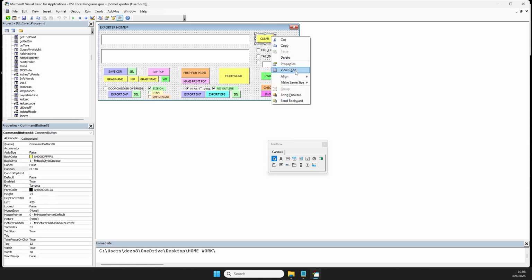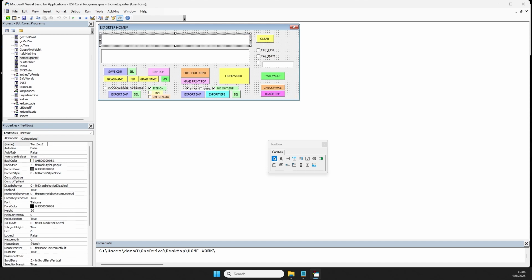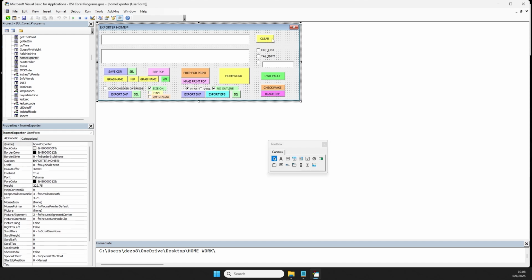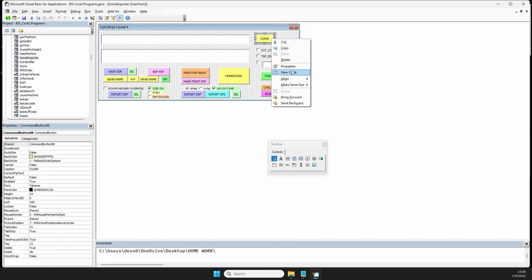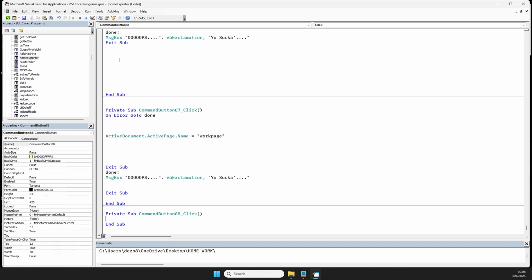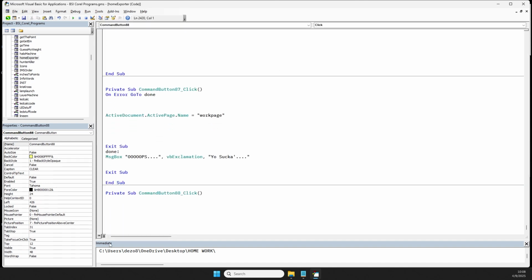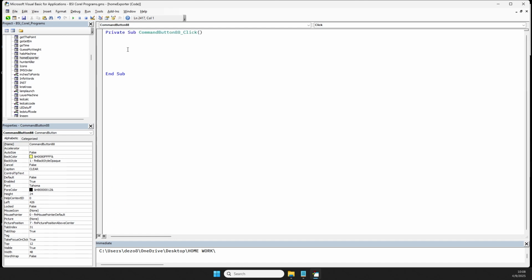So I go to view code to code it. But before I go there, I want to figure that out. I'm just going to tap this text box, and you can see over here in properties, that's TextBox1 and that's TextBox2. Now that I know the two text boxes that I need to attack, I'm going to go over here to where the sub is. If I hit this button, it's going to isolate just this button. So that cleans up the screen, and the other subroutines are out of the way. So you type